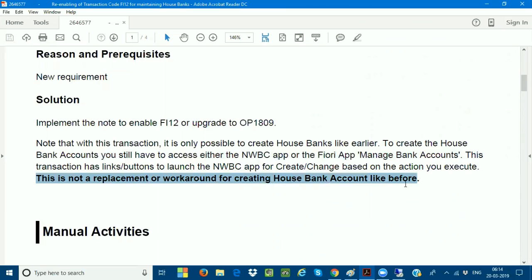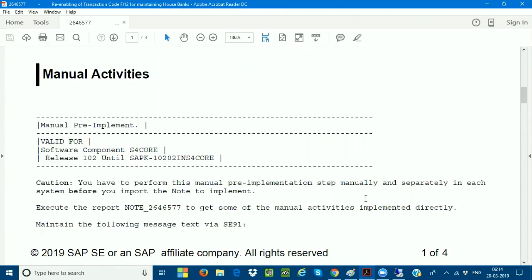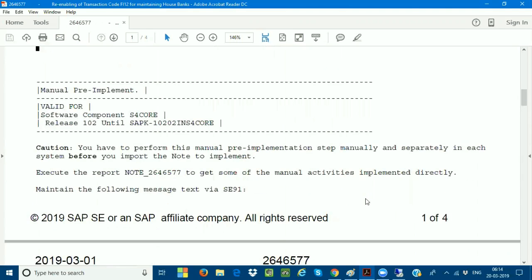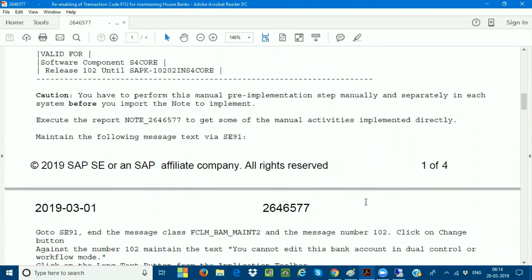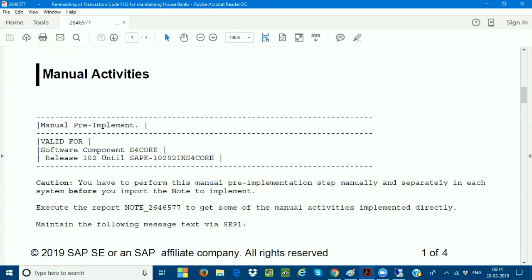Clear, all of you? So you have to take this note, and you have to sit with your technical team and ask them to implement this note as per the instructions. Manual activities have to be done. Execute this report note and get some of the manual activities implemented. So you give this note to your technical core team member,